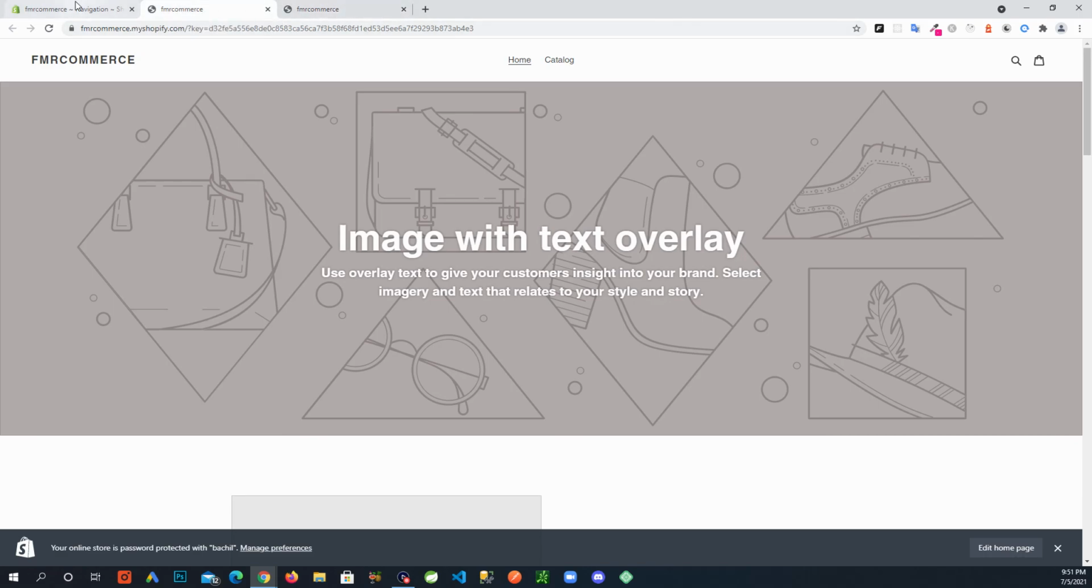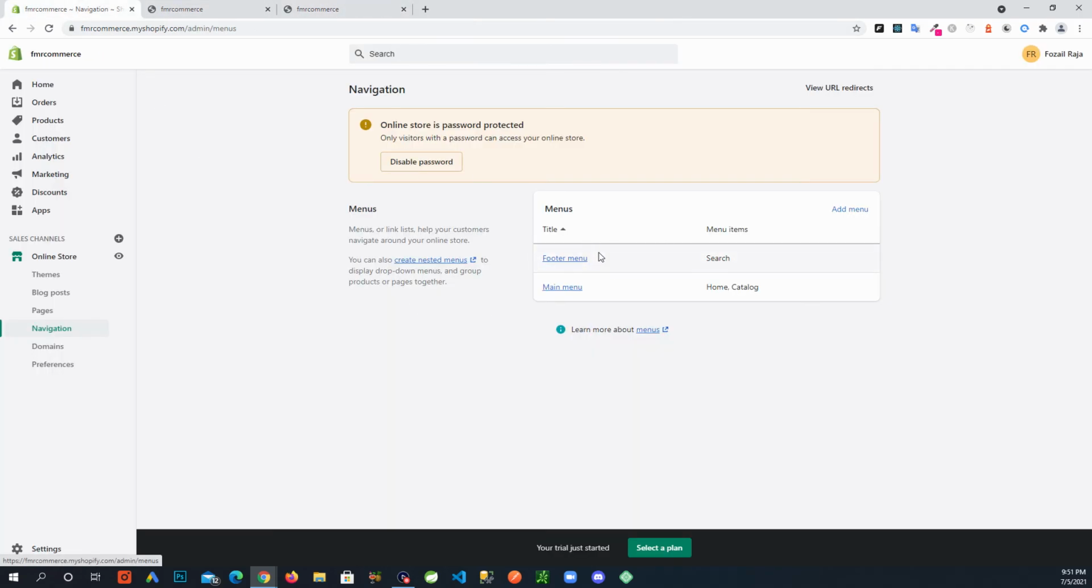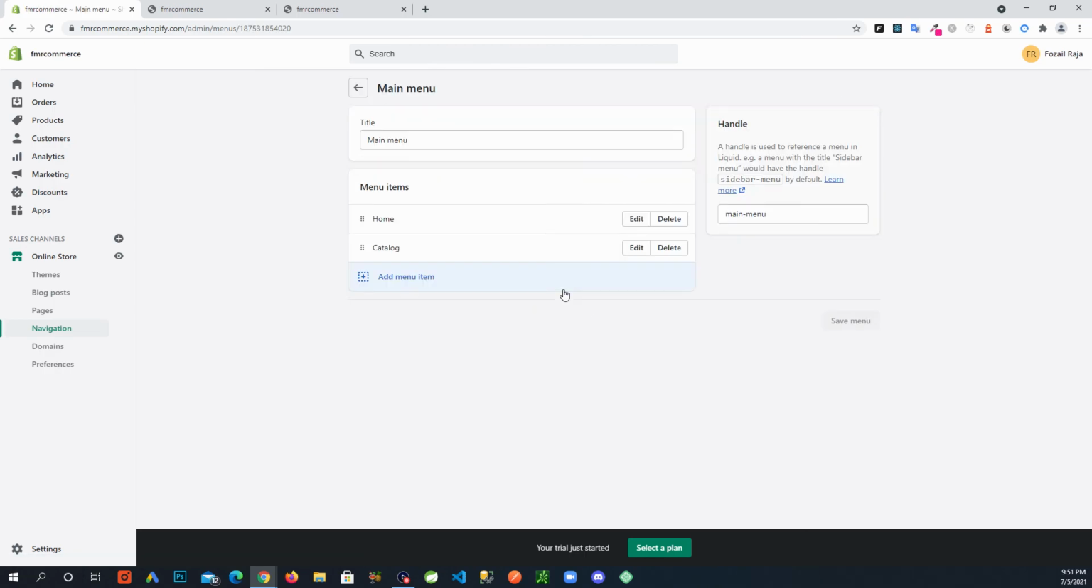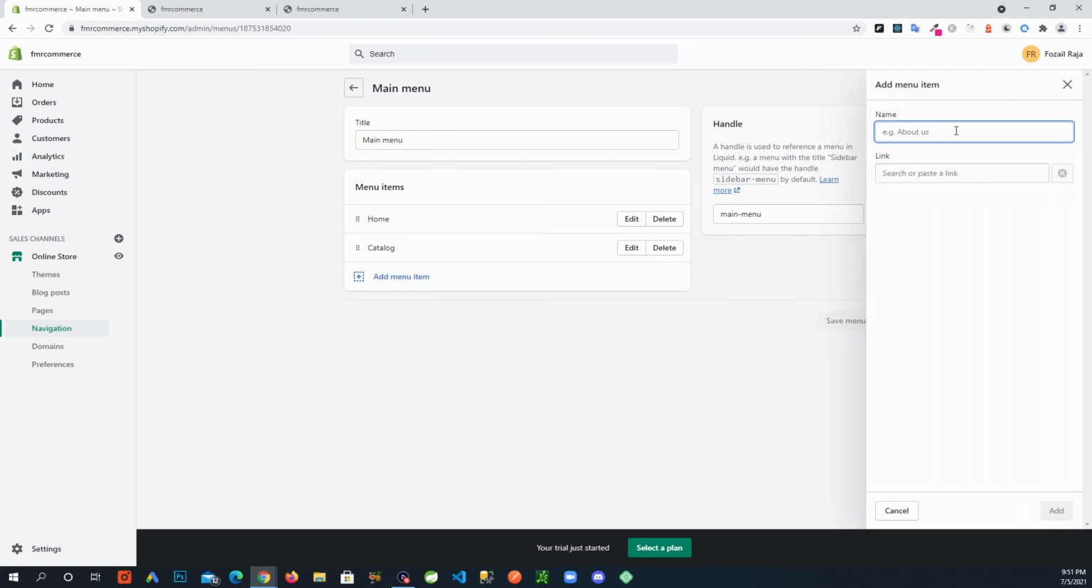What I will do is go into the main menu first, and what we can do here is, you can see home, catalog is what we're already seeing. So what I would do is show the contact page on the main menu, and then show the privacy policy and the terms in the footer. So I will do add menu item. So my menu item, I want it to be contact,